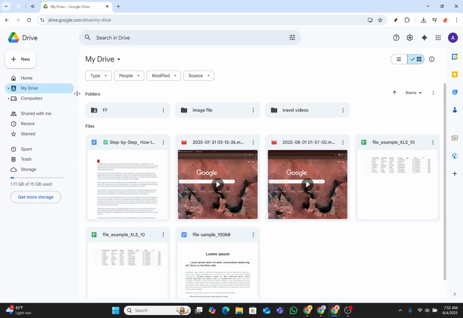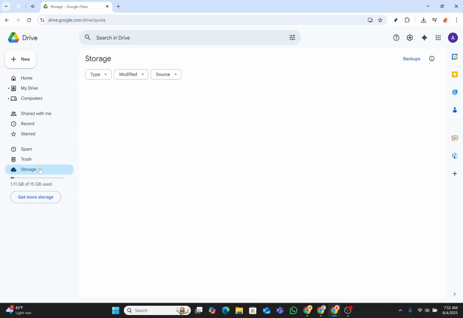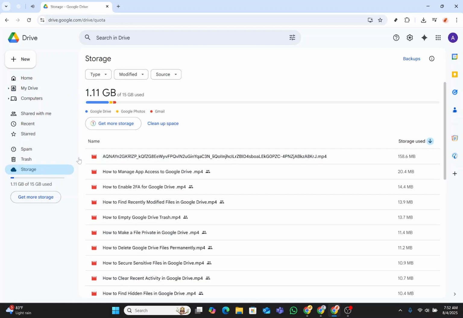To do this efficiently, look towards the left-hand side of your screen. Here, you'll find a panel with different options. Locate and click on the option labeled Storage. This section provides a comprehensive overview of your current storage usage. Upon clicking Storage,